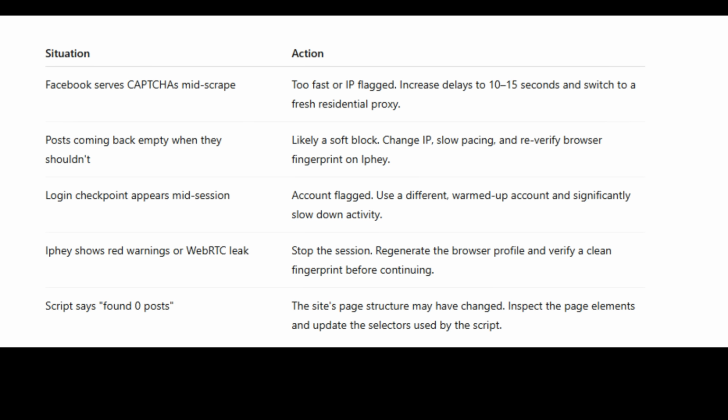The script says it found 0 posts. Don't assume the page is empty. Websites change their layout from time to time, which can break the selectors your script relies on. Open the page in your browser's developer tools, inspect the elements you're trying to collect, and update your selectors